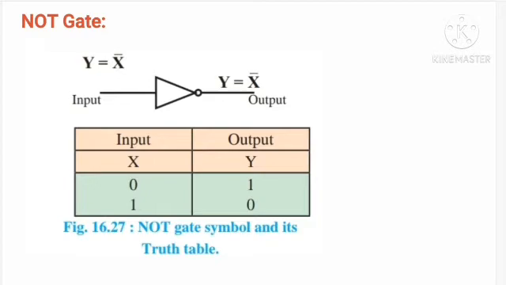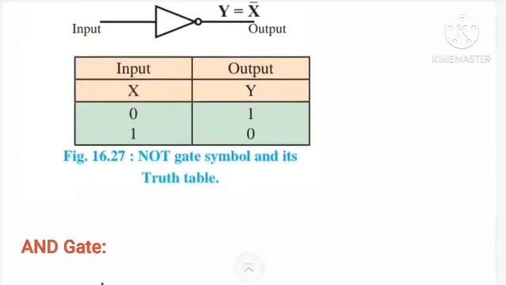If we see the truth table, that table is shown over here. In this table, input x and output y are there. For input 0, we get output as 1. That means for low input, the output will be high. Similarly, for input high, we will get output low. So NOT gate is performing the inverting phenomenon. It will invert the input and give you the negation as output. So that's why NOT gate is also called an inverter.